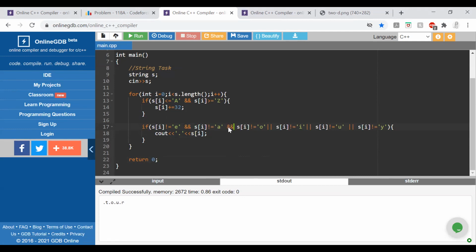Because just like Yasmin said, if it's not an E, then that's fine. It can be an A, an O, an I, a U, or a Y, and it would still print out the vowel, even though we're trying to not print out these vowels. And with the and operator, as we discussed before,